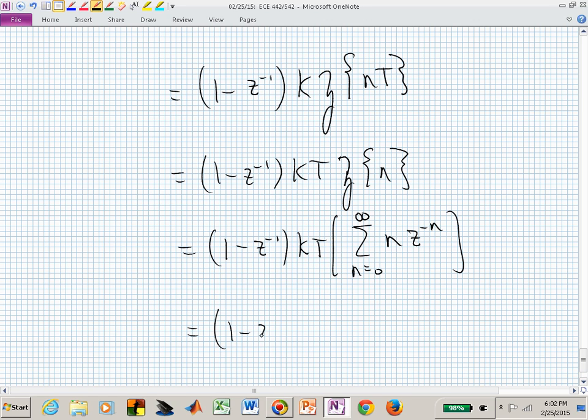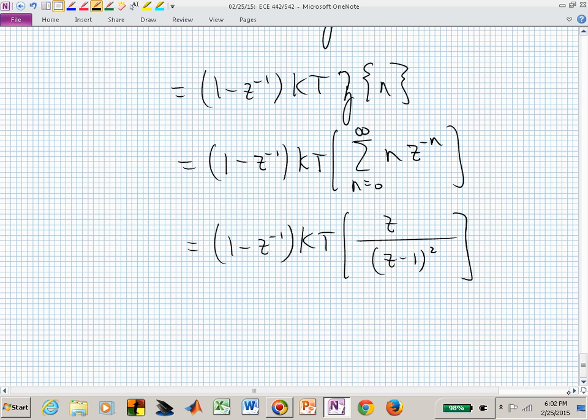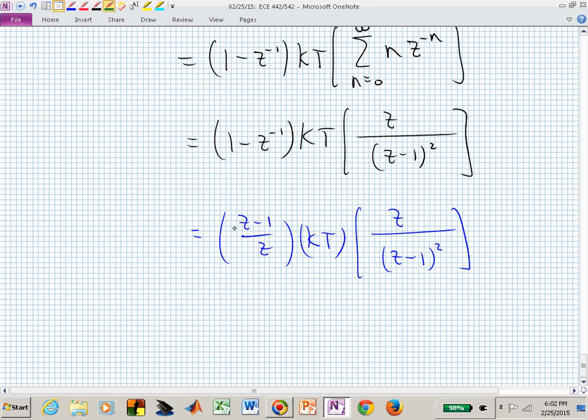I now have 1 minus z to the minus 1 times kt times z over z minus 1 squared. Or I can rewrite that 1 minus z to the minus 1 as z minus 1 over z, kt, z over z minus 1 squared, clean it up a little bit,